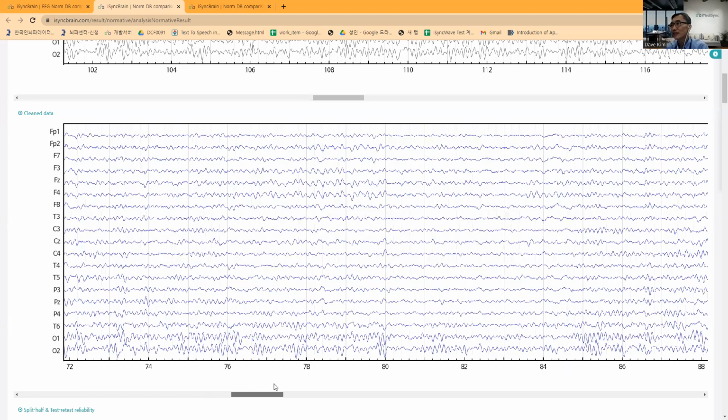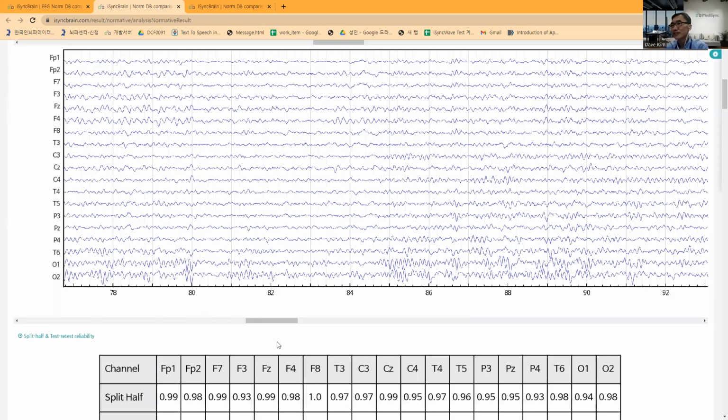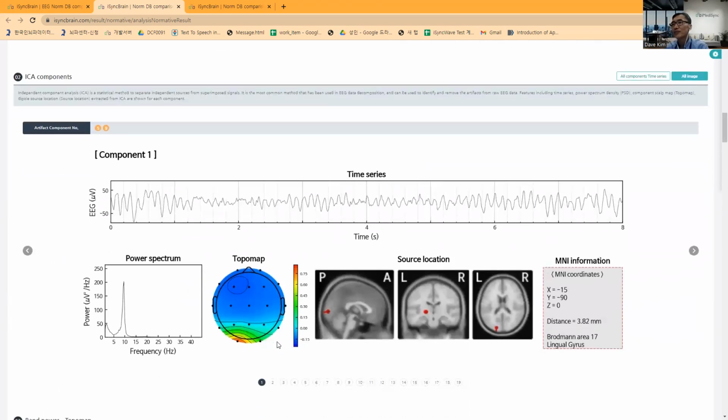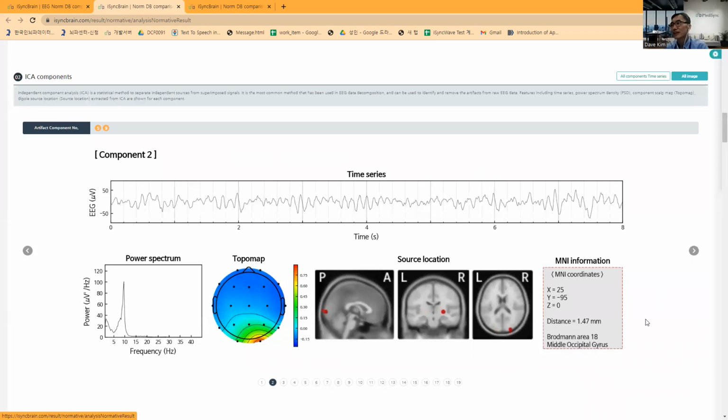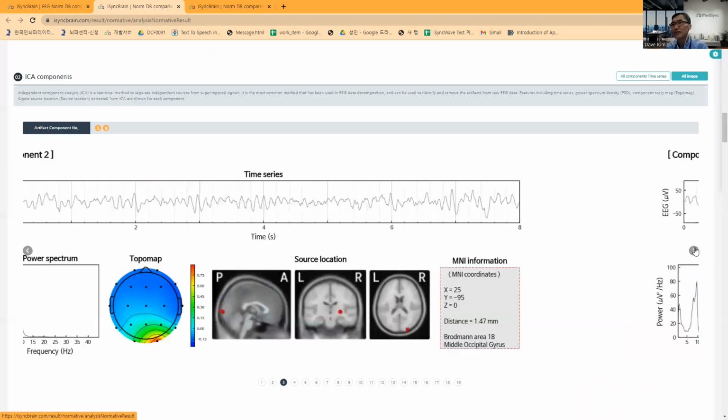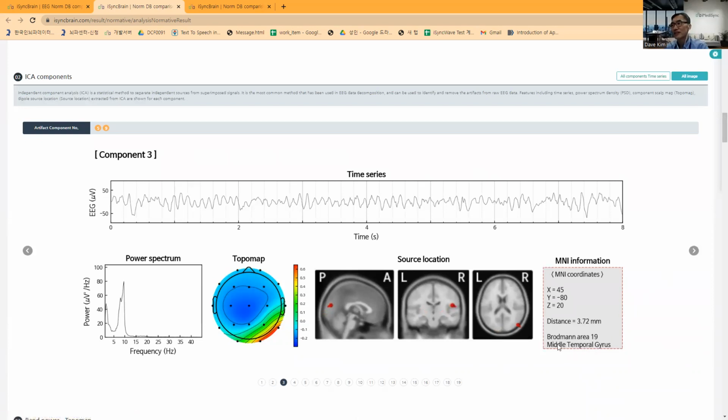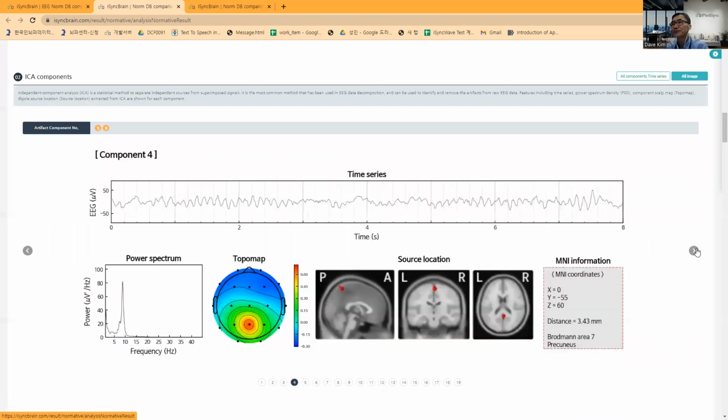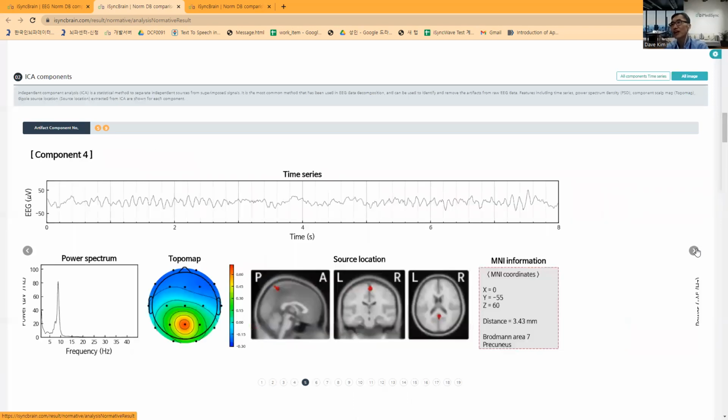This is the raw data of this ADHD patient, and we can see the components. The first component, basically 19 components, usually in the order of power. The first component is the major component in his brain activity. The first component comes from the lingual area, generating normal alpha rhythm. The second is another occipital generated alpha rhythm. And the third is an alpha rhythm too. And the fourth activity is precuneus generated alpha activity.